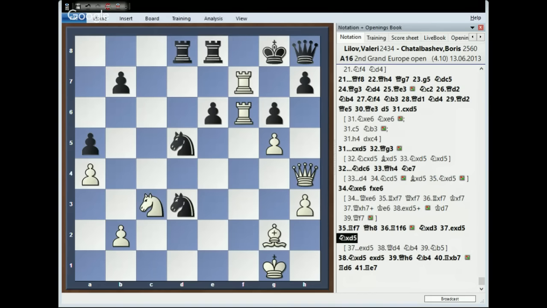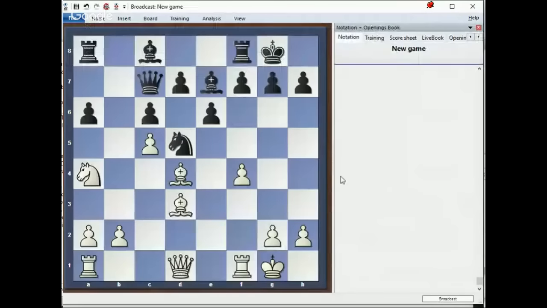Okay, here we go. So this is the game that was actually played between two guys, Kuzmin and Sveshnikov, in 1973. It was a pretty exciting game, I have to say.